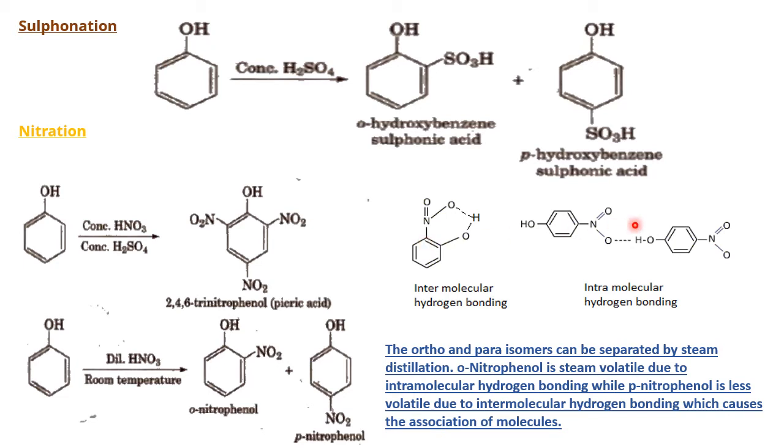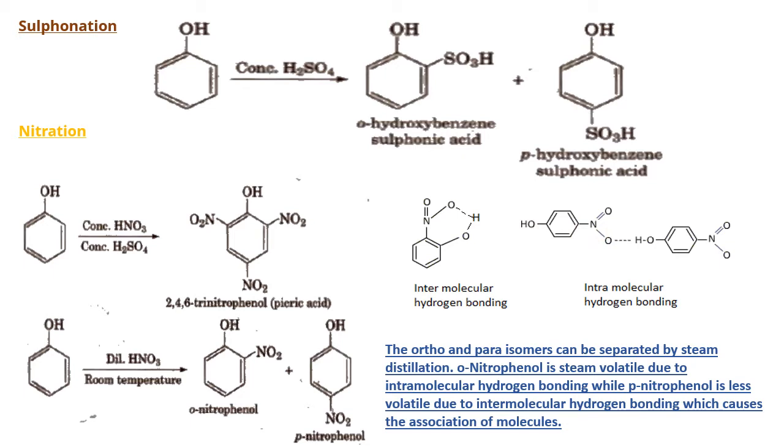Whereas in the case of para nitrophenol, it is an intermolecular H bonding. So para to one more para, this para to one more para. So it is like how we learnt in hydrogen bonding, water to water, alcohol to alcohol. Like that, para nitrophenol to one more para nitrophenol. So due to the intermolecular H bonding, association is more. That means when the association is more, we require more energy to go to the vapor state. But here it is going for the intra, so this will volatilize fast compared to this one.